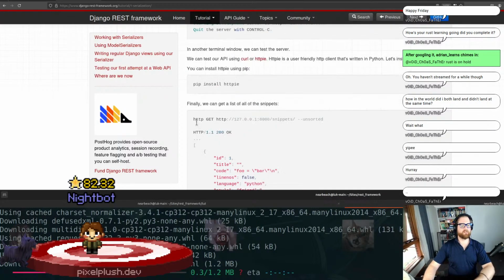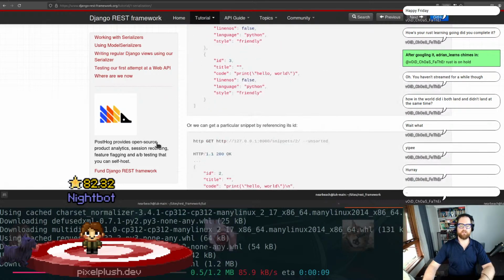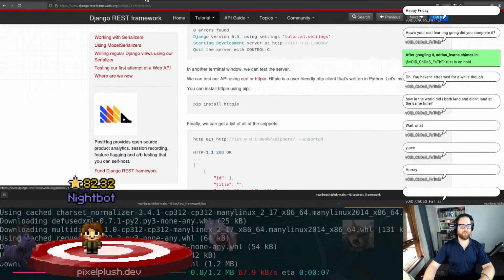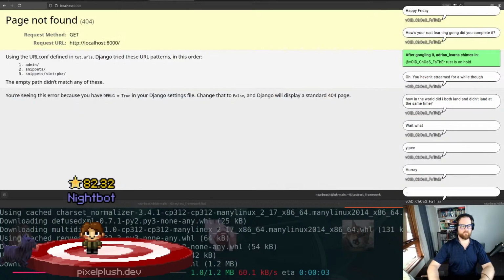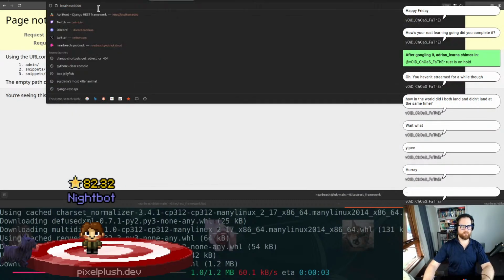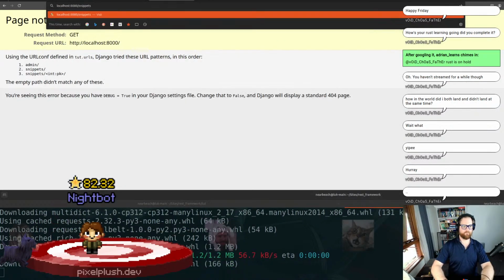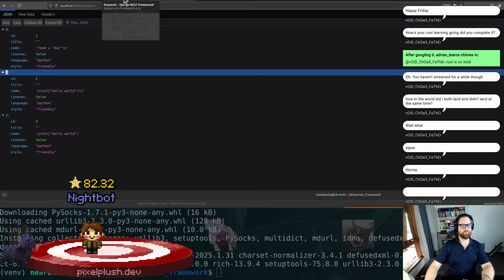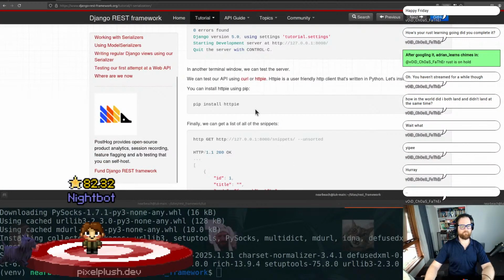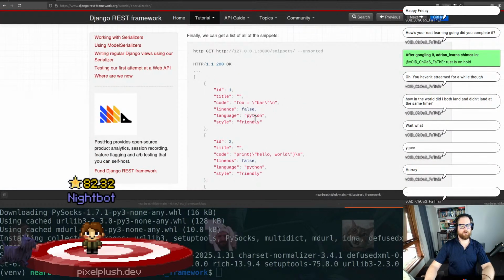All right, so we're using get and then unsorted. Ooh, we've got a sorted functionality. All right, cool. Yeah, we can use this, but it's pure JSON. All right, that's done. So if we do http get